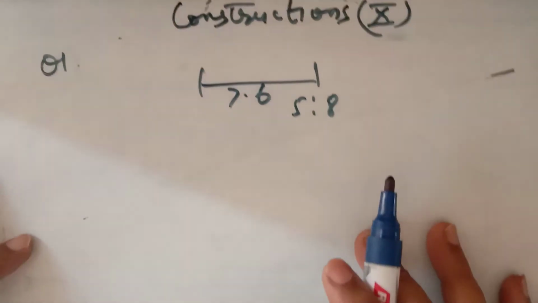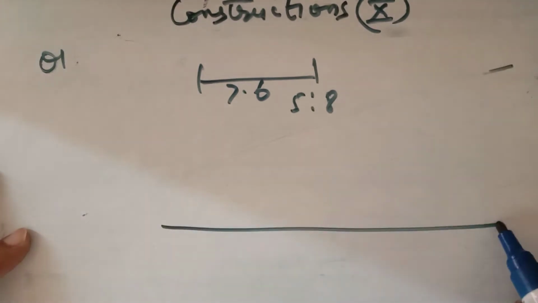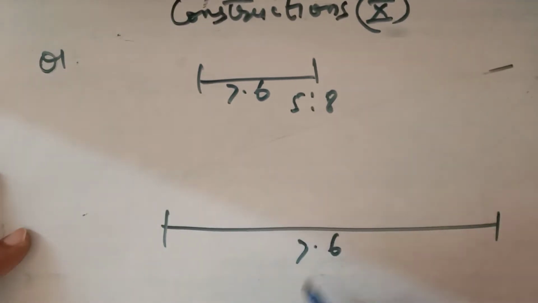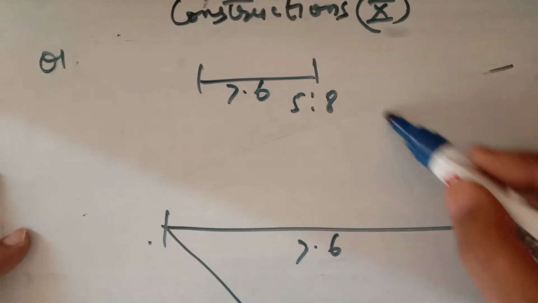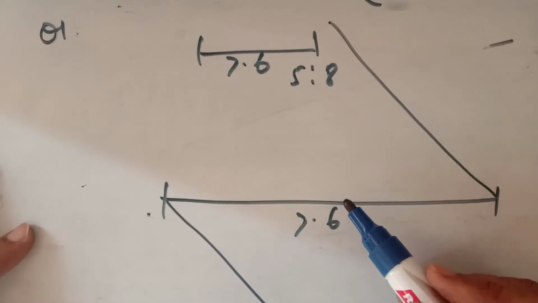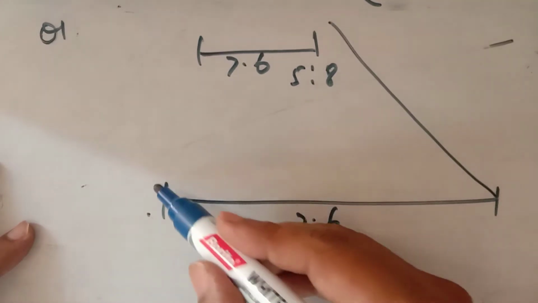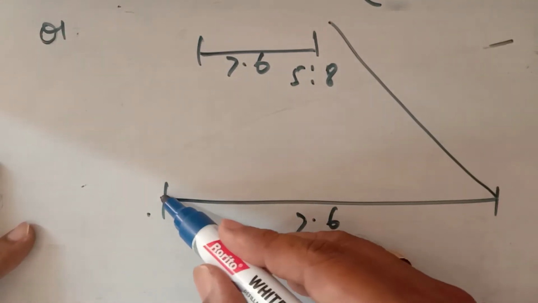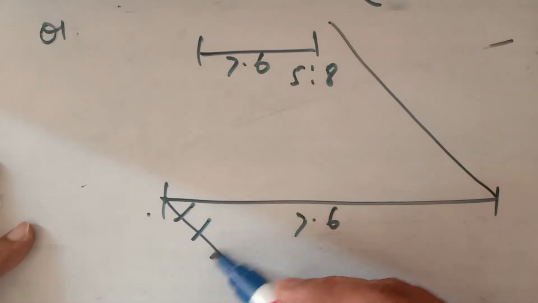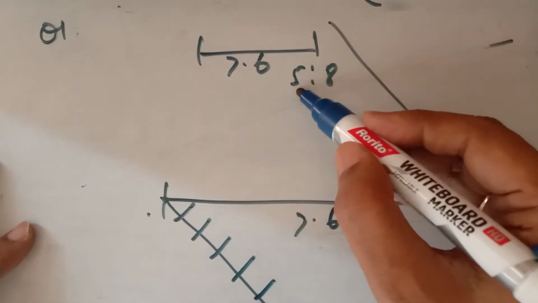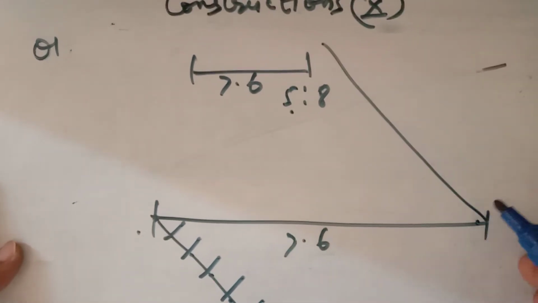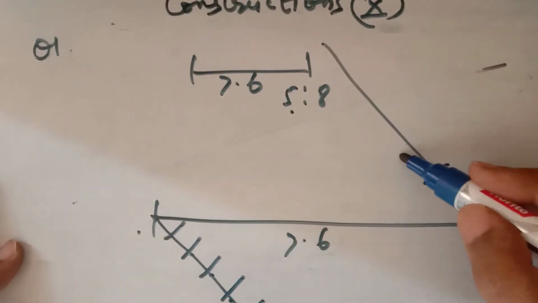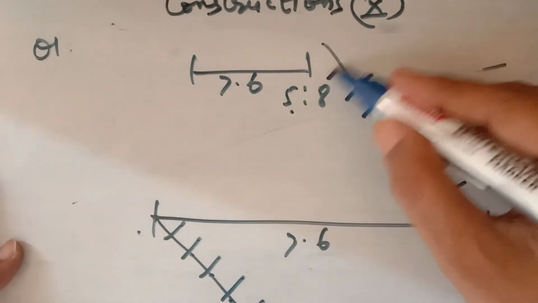You have to divide it. So how can you do it? You simply draw a line segment 7.6 centimeter, and draw acute angles at the ends. Taking a compass and with any suitable radius, you draw how many arcs? Taking the center, 1, 2, 3, 4, 5, because we have 5 here. Here you draw 8 equal parts: 1, 2, 3, 4, 5, 6, 7, 8.